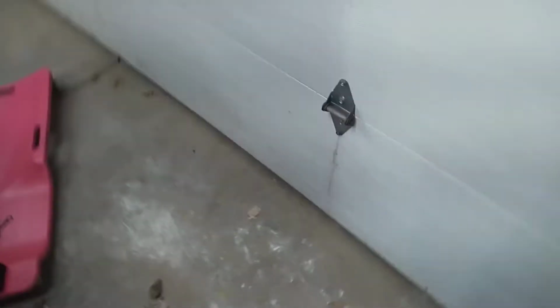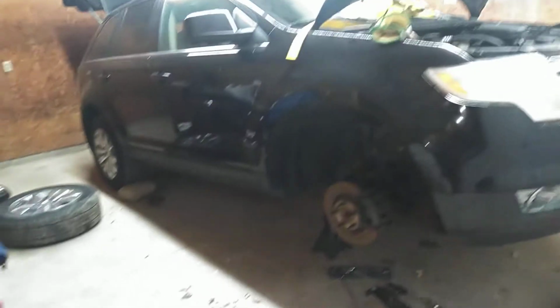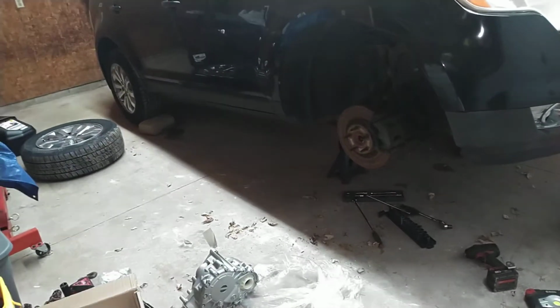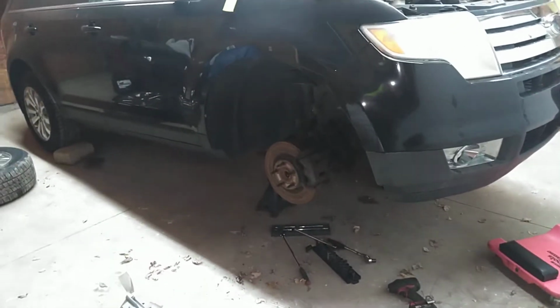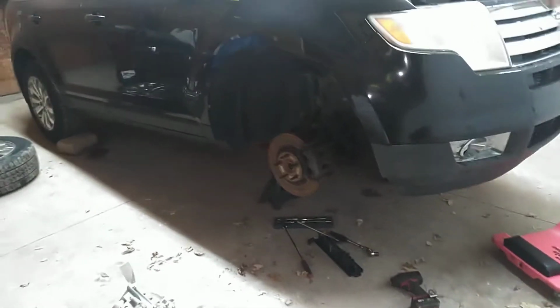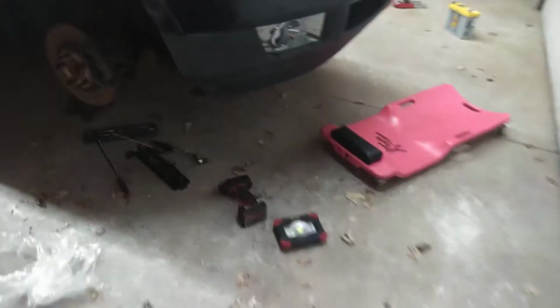So, I wanted this video to help you guys out. This is an 08. The P2s are from 07 to 14, I believe, is the year range for these. If you haven't done one yet, the way you do it is you've got to take everything in the right front apart. Brakes have to come apart. The control arm has to be able to go down and get the axle out. And you only have to get out the passenger axle. And then you've got to pull out